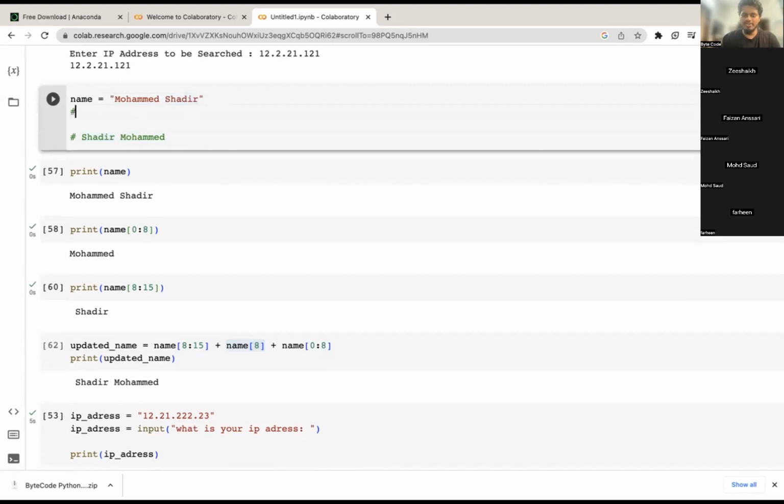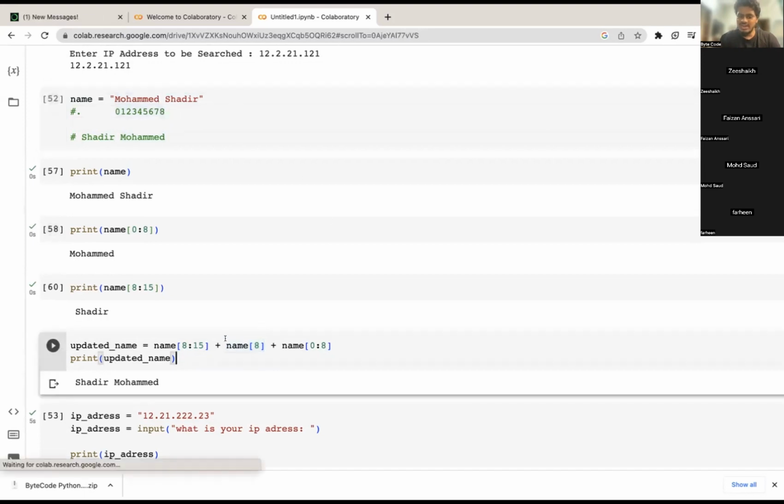What typically happens here is that each number represents a character: this represents 0, this represents 1, 2, 3, 4, 5, 6, 7, and then 8. As you could see here, 8 represents the space. That is why when I said name of 8, it automatically introduced a space here.